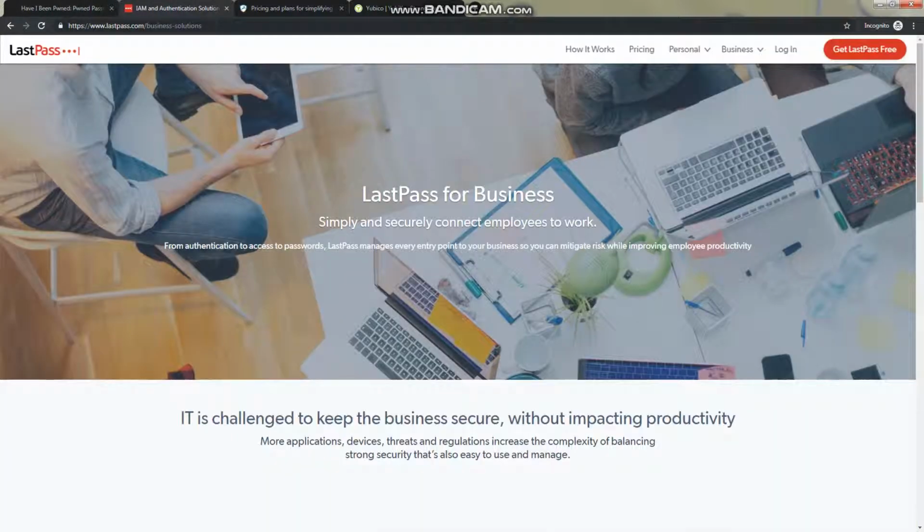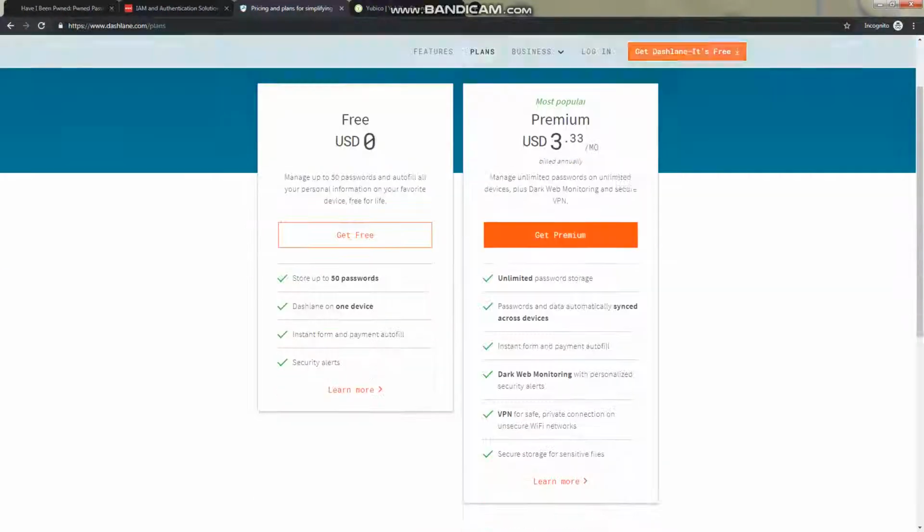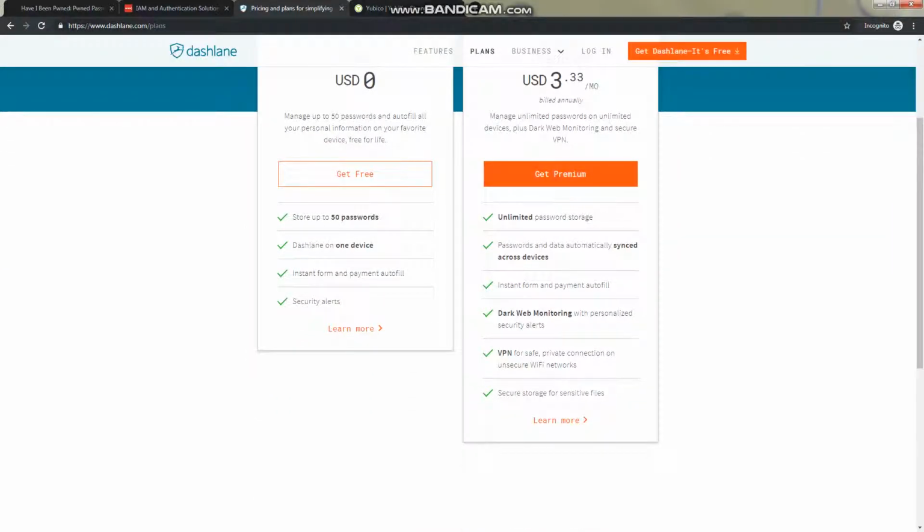Now, you might be asking, what am I going to make my master password? Well, the best idea is to make it a phrase or a song. So you might like "The Hills Are Alive with the Sound of Music." Now that would be an awesome password. If you were to chuck a capital in a different spot, maybe a number or a percentage sign or a star somewhere in the mix there, then I know it's a long password, but you're only typing it once,